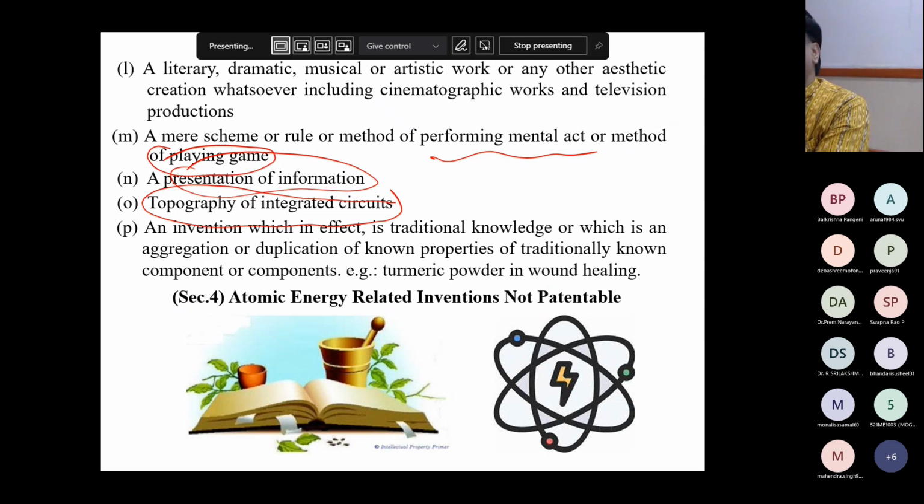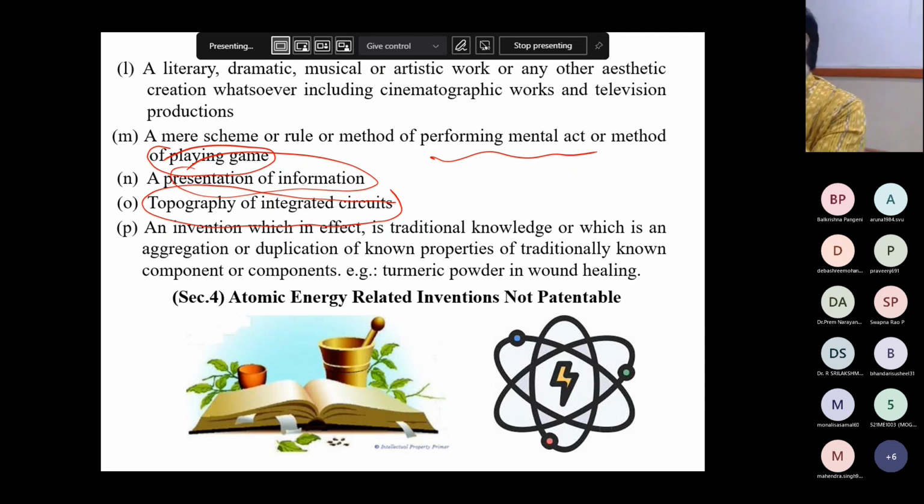Traditional knowledge cannot be patented. See, haldi. We know haldi has the application of wound healing. In India, it cannot be patented. In the US, it can be. People have patented. That's why we had a patent fight with that. So you cannot file for the effect of haldi or whatever Ayush products you get in the market. None of them are patented because they are from traditional knowledge herbs or use, whatever Patanjali product and all. No, they don't need clinical trial in our country, or they don't have to be tested. They don't have to be patented. Anybody can copy. You will not find any patent violation there. So this is the